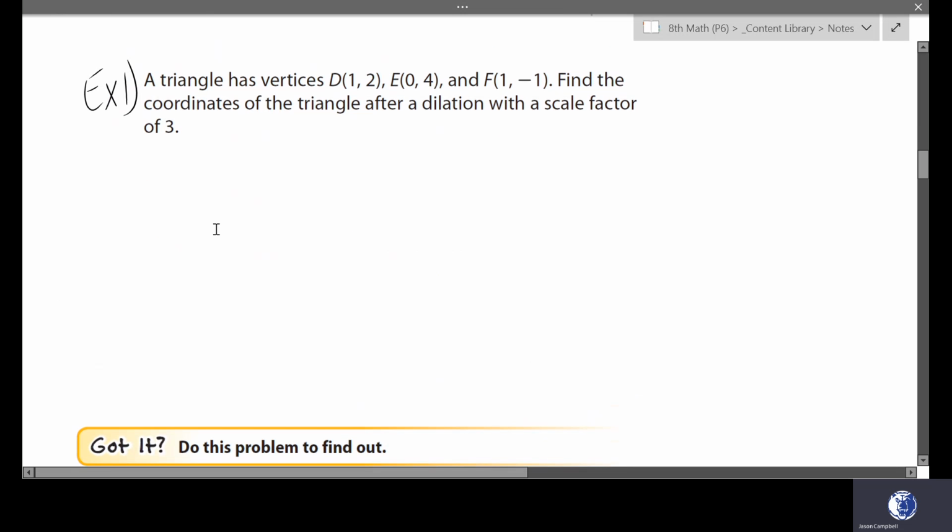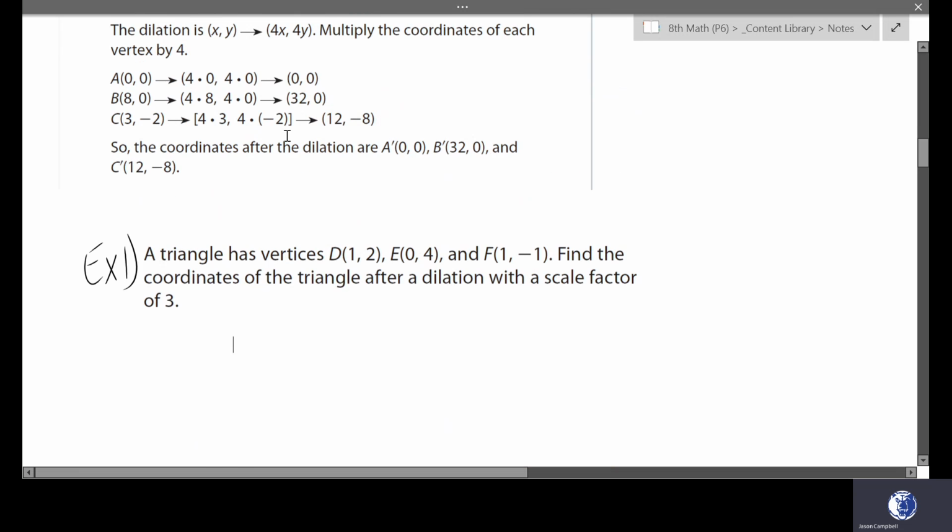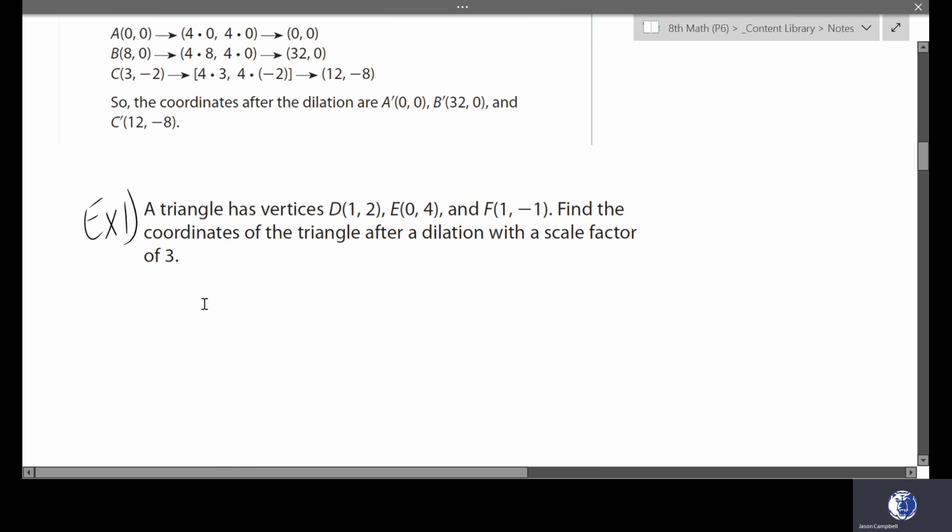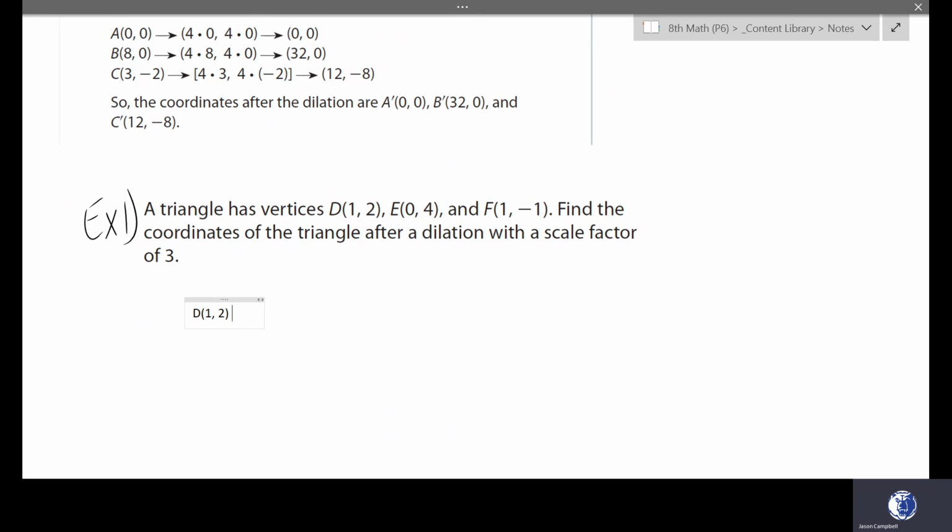Let's try example 1. It says a triangle has vertices D at 1, 2, E at 0, 4, and F at 1, negative 1. Find the coordinates of the triangle after a dilation with a scale factor of 3. Okay, so let's kind of mimic this setup here. So if we have D, that's 1, 2, that's going to become, well, we'll just do it here. So D, this would then become,